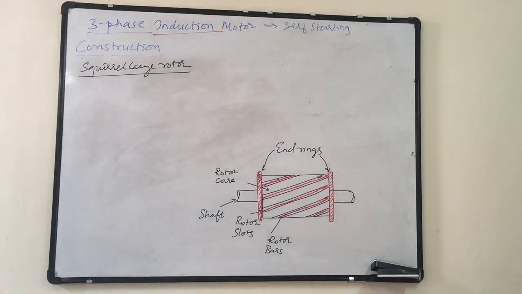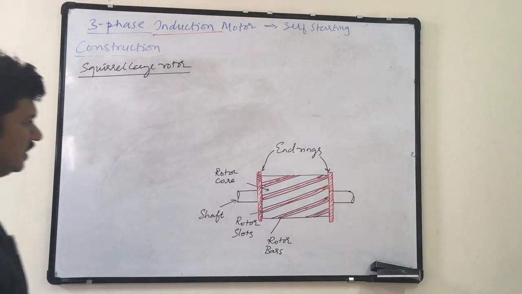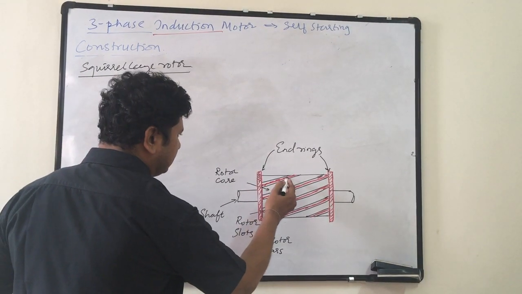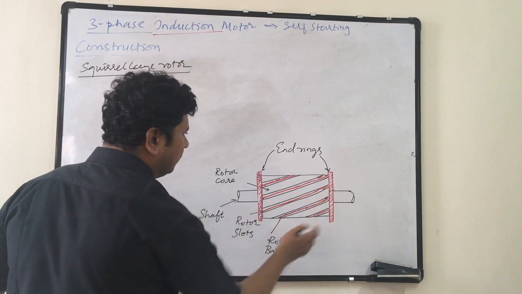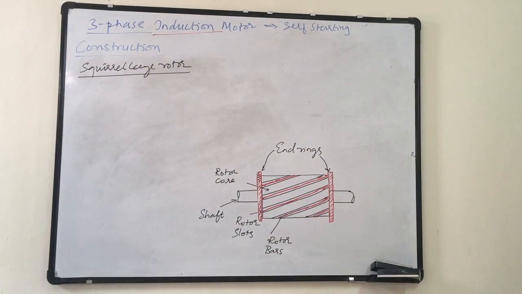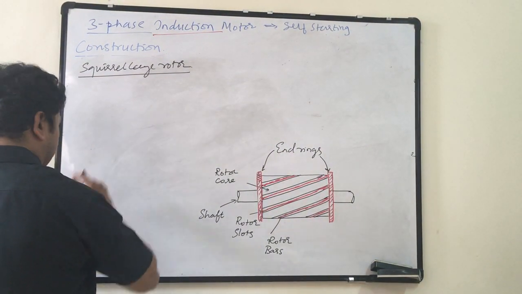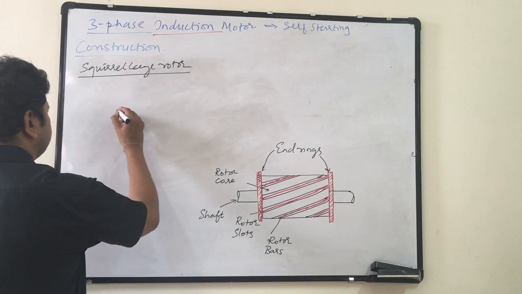Why is it called squirrel cage? Squirrel is an animal. If you consider only the connection of these rotor bars with brazing of end rings, it will form a cage structure which in earlier days used to hold the squirrels in it. If you see the structure,